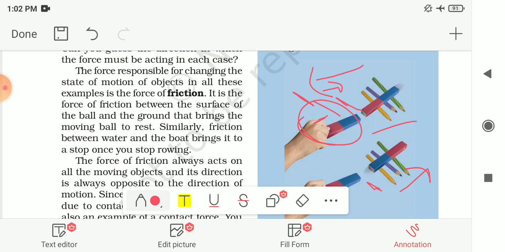So when the end of the second magnet is brought near the end of the first magnet placed on the roller, the first magnet begins to move towards the second one, that is in this case. And when the second magnet is reversed and we change the ends, then when we bring it near the first magnet placed on the roller, the first magnet moves on the roller away from the second magnet, that is in this case. So from this activity we can say that the first magnet on the roller moves to and fro without physical contact with the other magnet. That means it is moving forward and backward without physical contact with the other bar magnet.